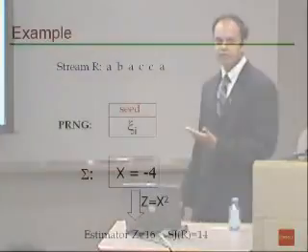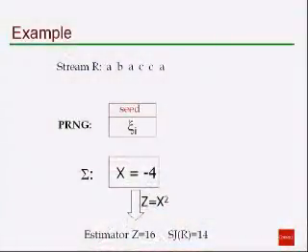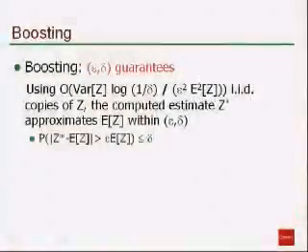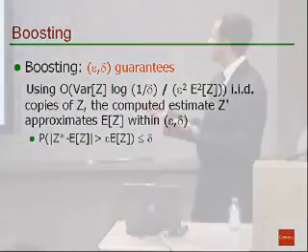And finally, when you ask to return an estimate, you return x squared as your estimate. In this case, you return the answer as 16, whereas the true answer happens to be 14. So note that though we are correct in expectation, our estimates may have a high variance, and so we may not always get the right answer. So in order to get arbitrarily close to the right answer, we use a standard trick called boosting, which basically tries